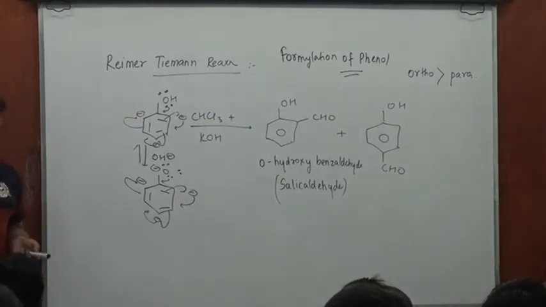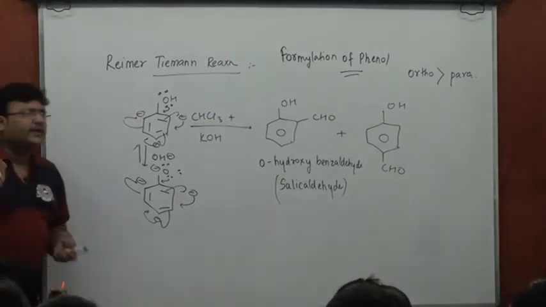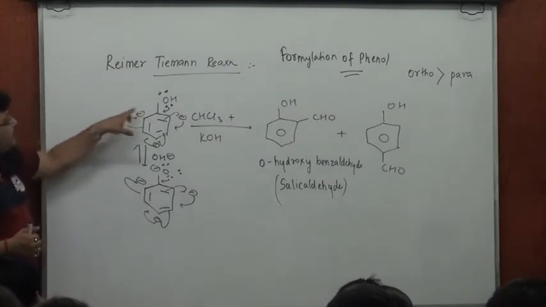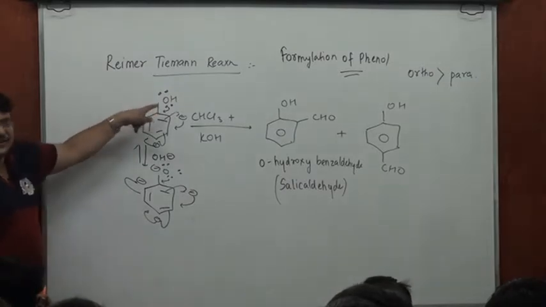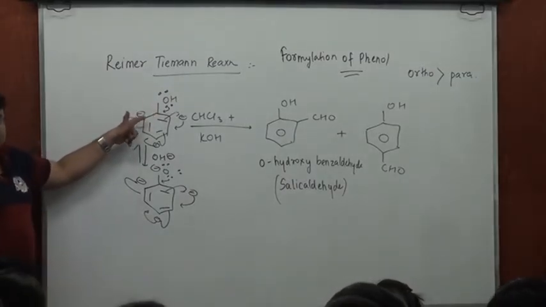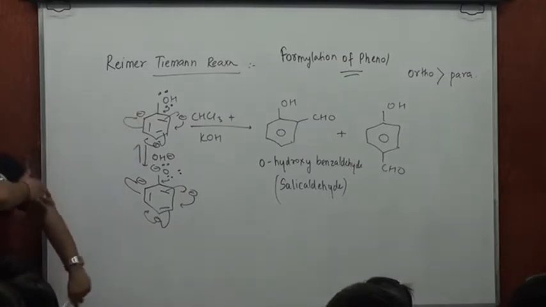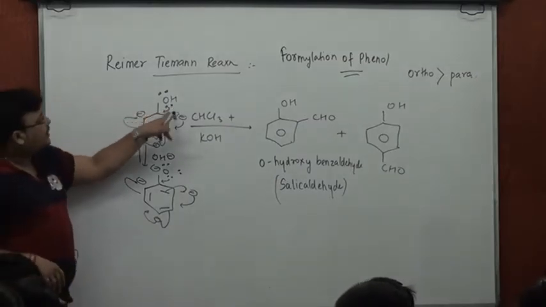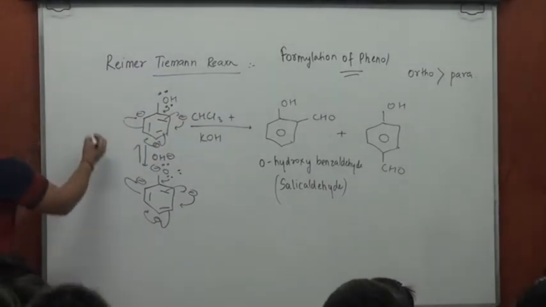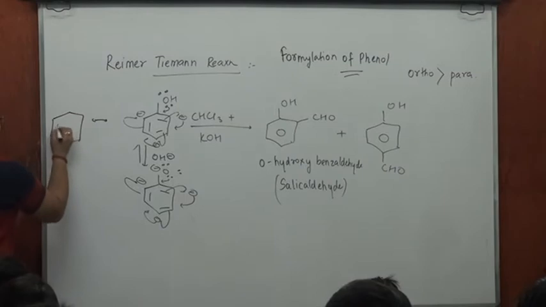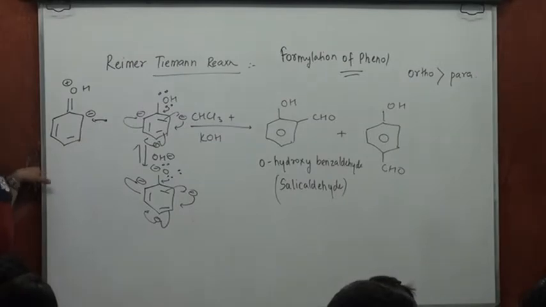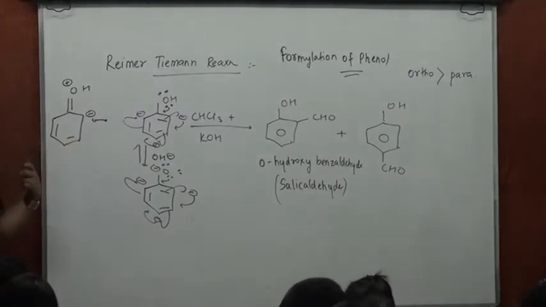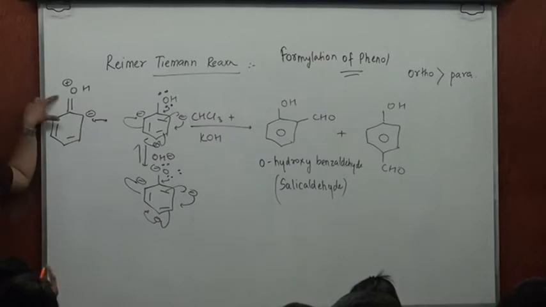Secondly, if you bother about the resonating structures, you would realize that when I'm drawing the resonating structure of phenol, when I'm trying to put negative charge at ortho and para positions, I have to put a positive charge over oxygen. If you understand or not. I'll be sending this lone pair to ortho and para positions in the resonating structures. Say for instance, this happens to be another resonating structure. This double bond to OH, now this becomes positive when this becomes negative. So in the resonating structures, I have to bear with this positive charge borne by oxygen, which is not a good sign.